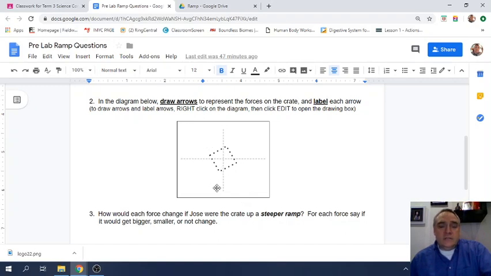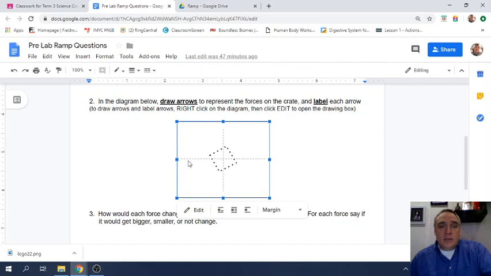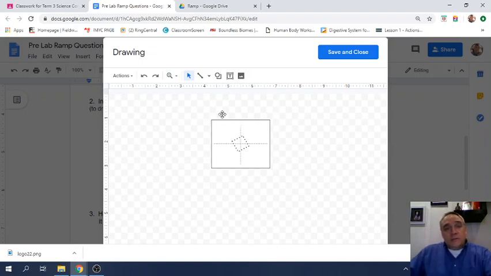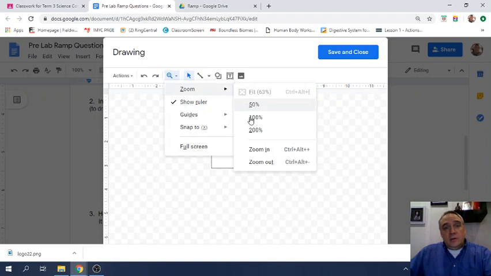the arrows in this diagram. Here's a start of a free body diagram. How to put in the arrows: you want to put your cursor over that, click on it, turns blue around the edges, click the edit button, and that'll pop up drawing. You now see your box there to be able to draw the arrows in it. You can increase it, zoom a little bit here, go to about